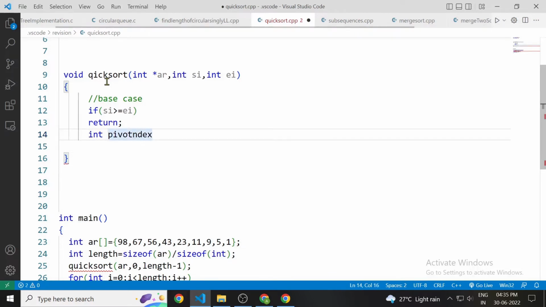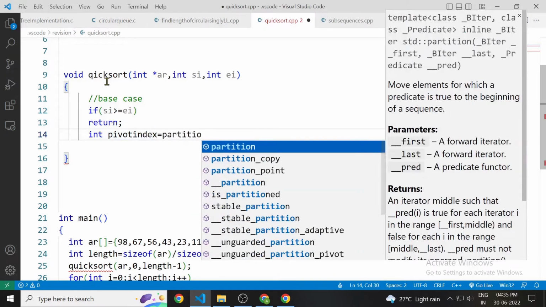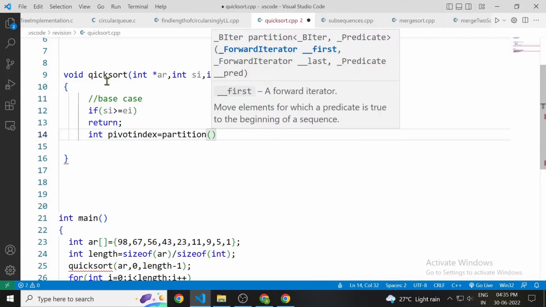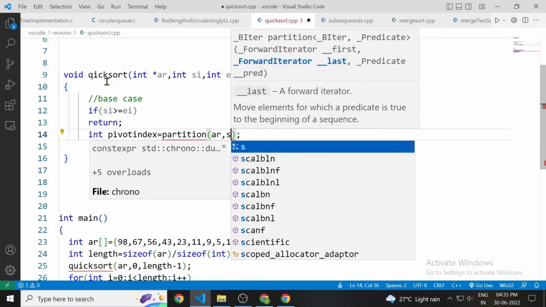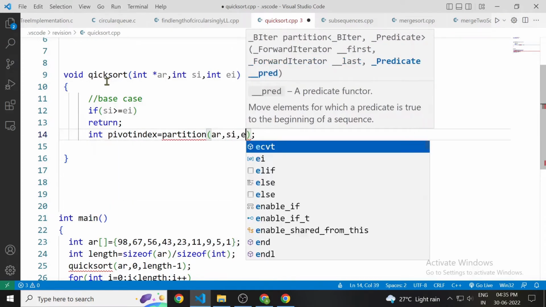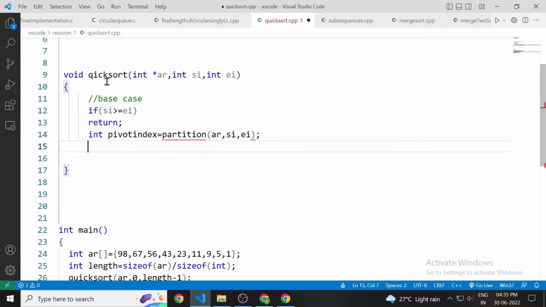That will be written by a function partition that we will write later. It will take array, starting index and ending index. After that this partition function will find the correct position of the pivot element. By correct position here I mean its final position in the sorted array, and it